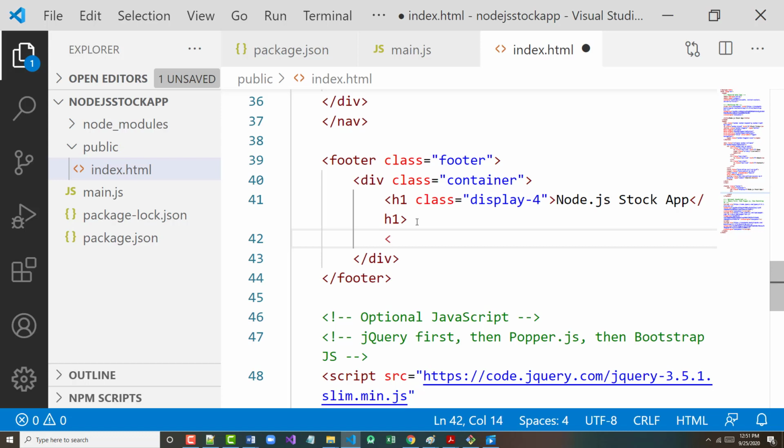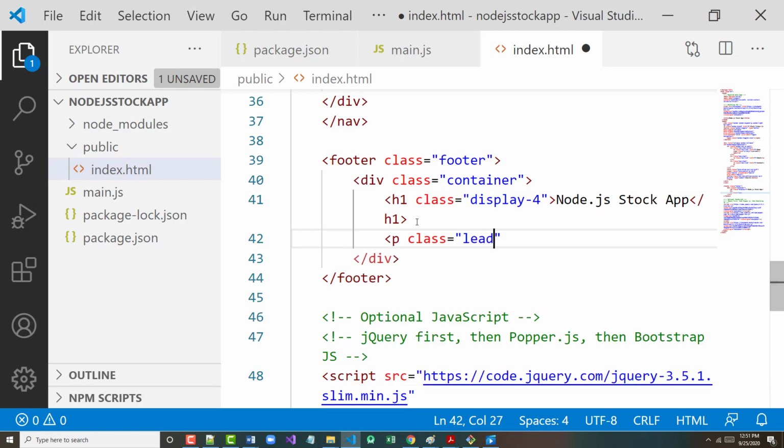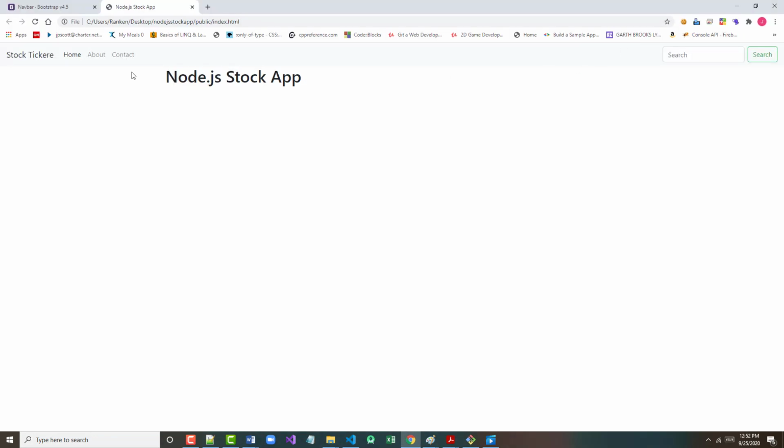In between that, or after that I should say, put in a p tag, and for that p tag, give it a class that's equal to lead, L-E-A-D. We're not going to put any text in there right now. We may end up using this later, we may not. We haven't figured it out yet whether or not we're going to. Okay, so save that, and we should now have,